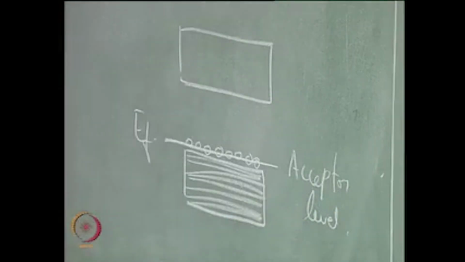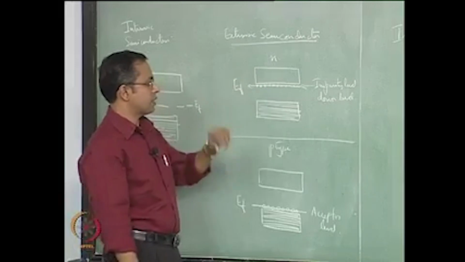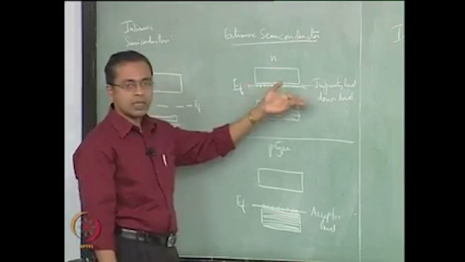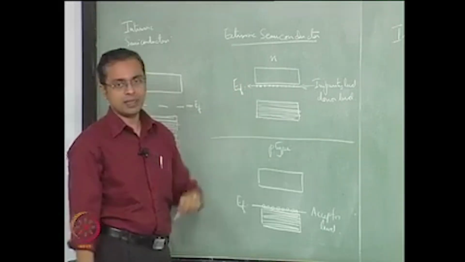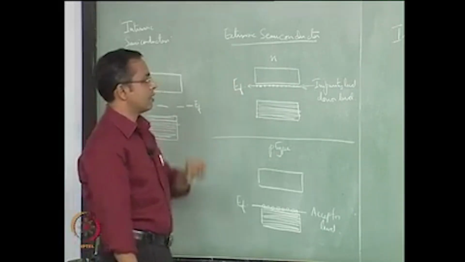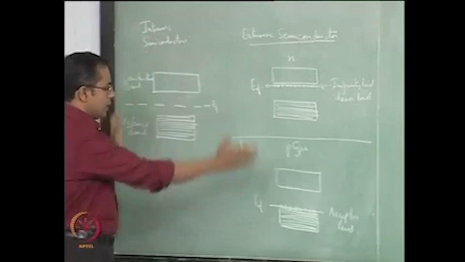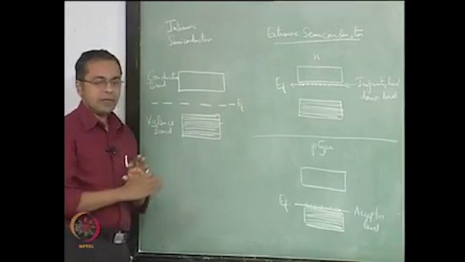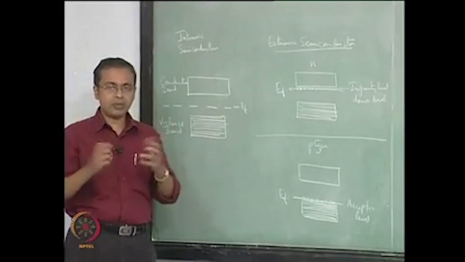So for an n type semiconductor, the Fermi energy is at the acceptor level, or virtually at the acceptor level, I am sorry, virtually at the donor level of the n type semiconductor, okay. So Fermi energy is virtually at the donor level for the n type semiconductor. So this is important to understand this picture because when you look at what is happening when you make